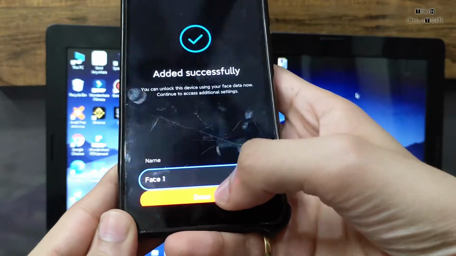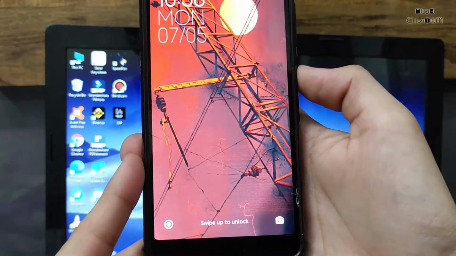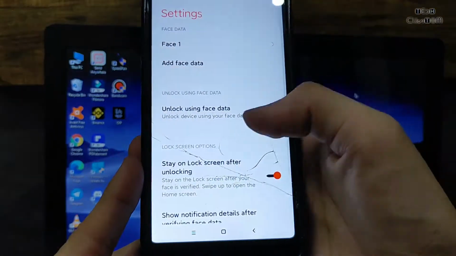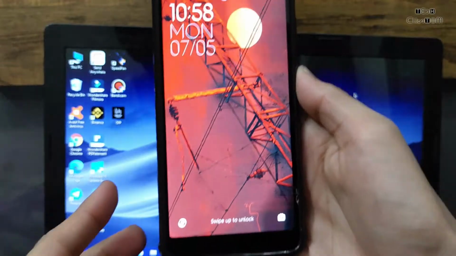So now let's check the face unlock of this ROM. Is face unlock working perfectly or not? I have applied the face unlock. Face unlock is also working perfectly in this ROM. There is no problem in the face unlock. You will not feel any problem or lag while using the face unlock and the fingerprint,